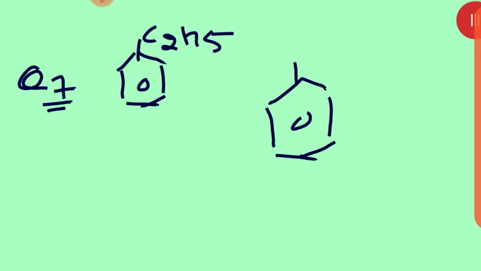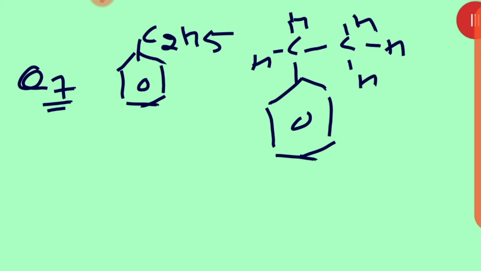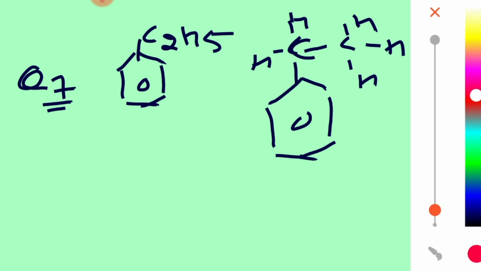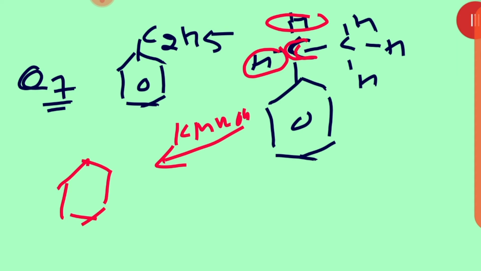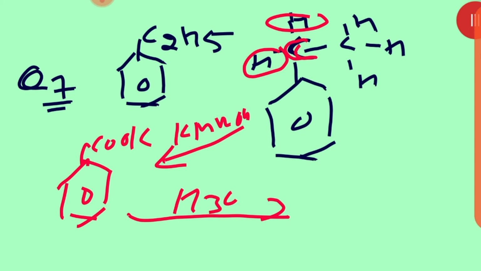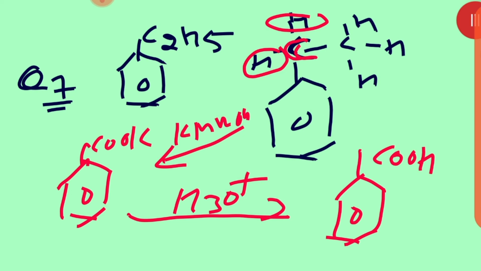You see, this is the CH2, then CH3. The carbon which is directly attached to the benzene ring, along with its hydrogen, those hydrogens are the benzylic hydrogens. It is having 2 benzylic hydrogens. You simply give the reaction with KMnO4. I told you what they are making first of all: COOK, potassium salt, then simply with H3O+ and benzoic acid will be formed. Only one condition is there: there should be benzylic hydrogen. I hope you are getting my point.